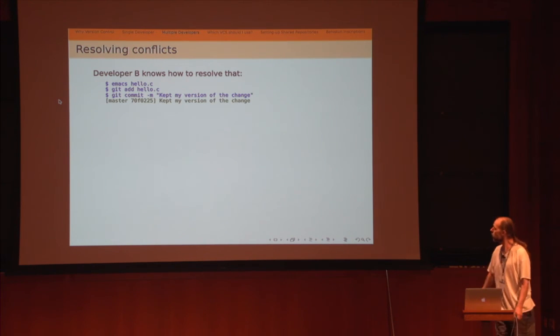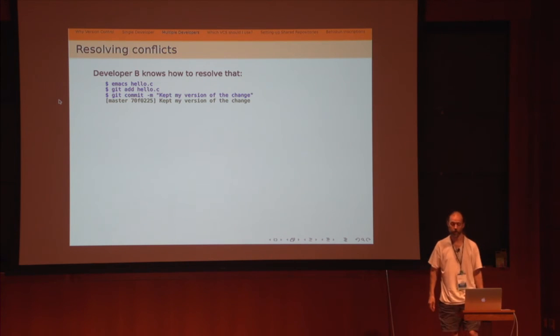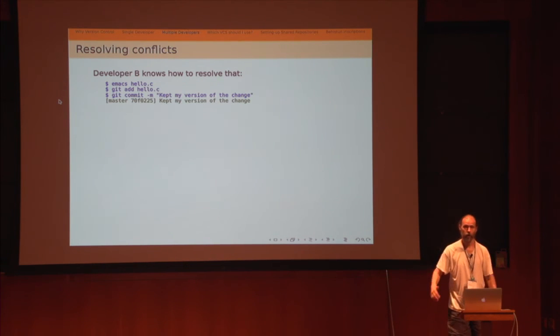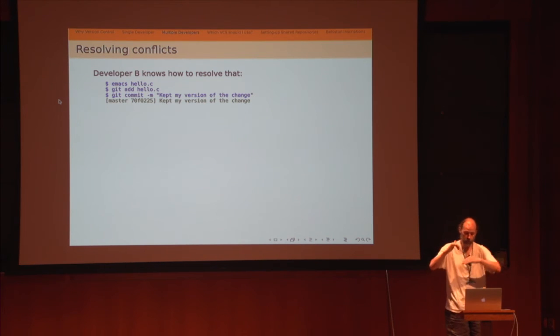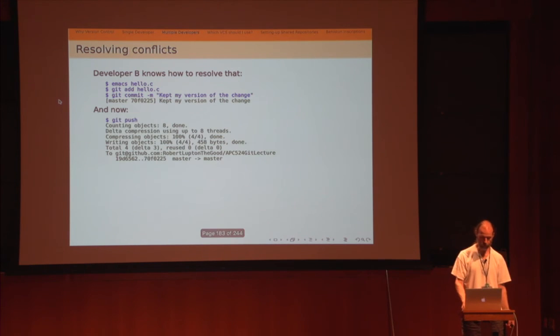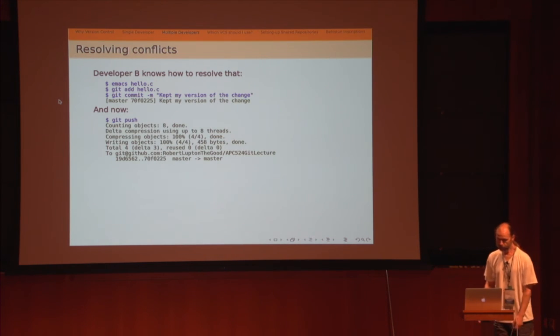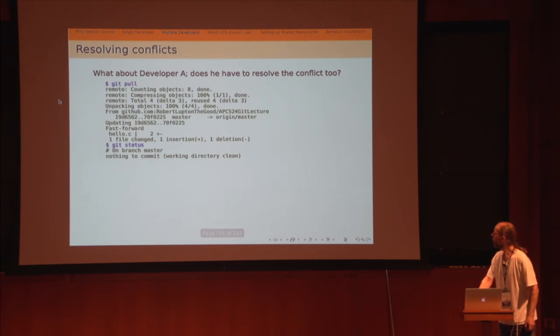So there's no particular problem here, unless the changes are very complicated. This is another case where, if you have a commit, a change set that's 1,000 lines long, you have to sort out what was going on, which changes were there, which changes weren't there. If you keep your change sets reasonably small, self-contained, and understandable, this doesn't happen so much. But having resolved the problem, the push will just work, and it's all fine. And developer A doesn't have to do anything. Okay.